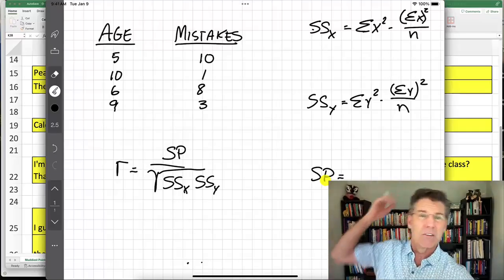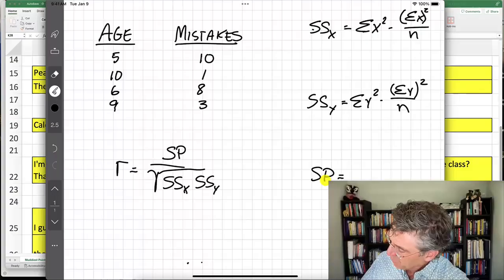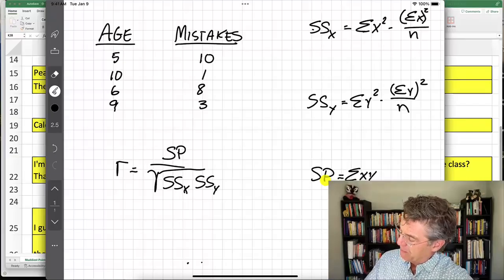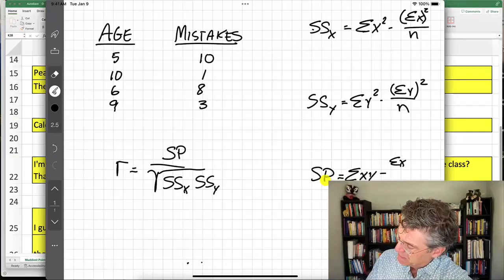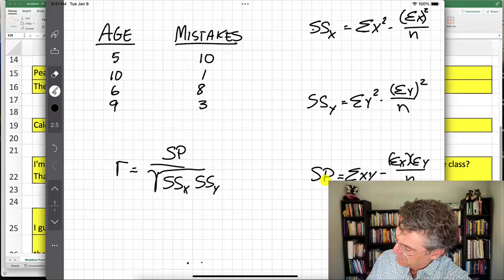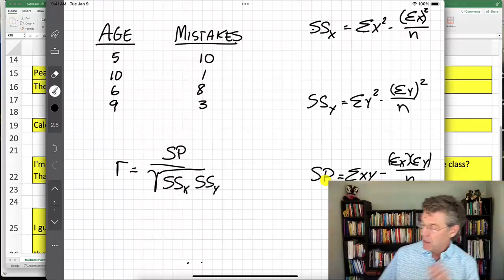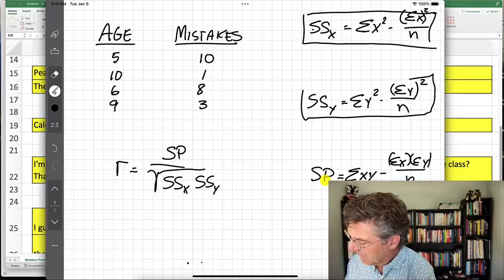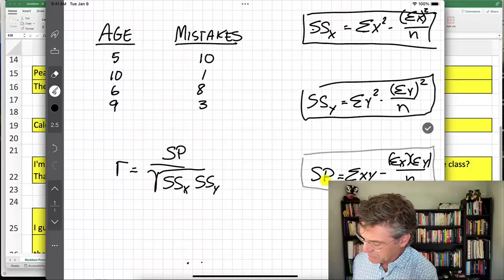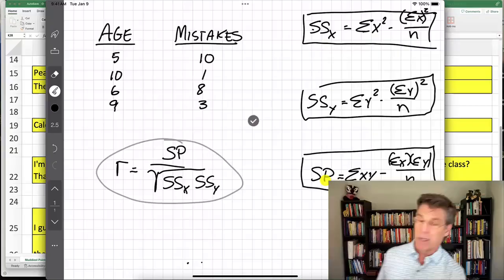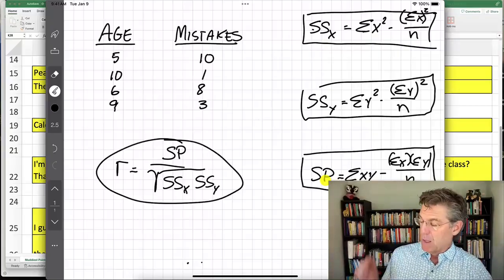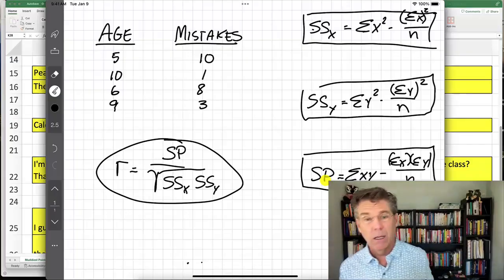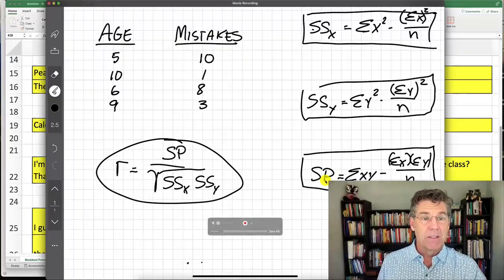And so you'll want to watch the lecture videos on that. But the formula we're going to use, and the one that I'm going to suggest that you use, is sum of xy minus, and then sum of x times sum of y over n. And I'm going to put parentheses around those so it makes it a little bit easier to see. All right, so these are our formulas. So we just calculate those three things, and then ultimately we're going to put them into that calculation. So what we ultimately end up needing are 5 things from our table.